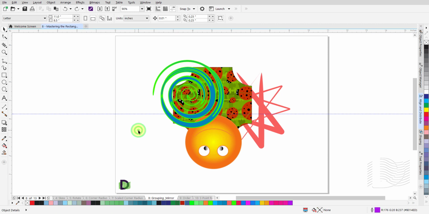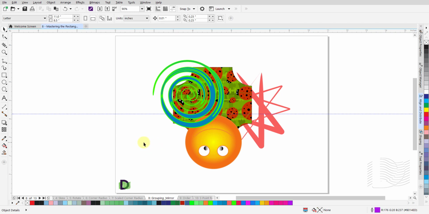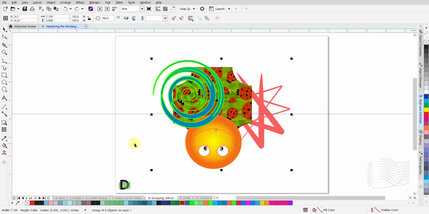Left-click and release on a blank spot on the canvas to deselect all the grouped objects. Left-click and release to select the grouped objects. With the group objects selected, press Ctrl-U, Command-U on the Mac. Left-click and release on a blank spot on the canvas to deselect all the objects. Now, left-click on one of the objects, and this time it is only that object which is selected, instead of the whole group. Press Ctrl-Z, Command-Z on the Mac to undo that last action.